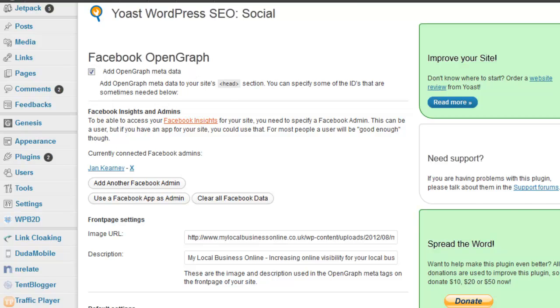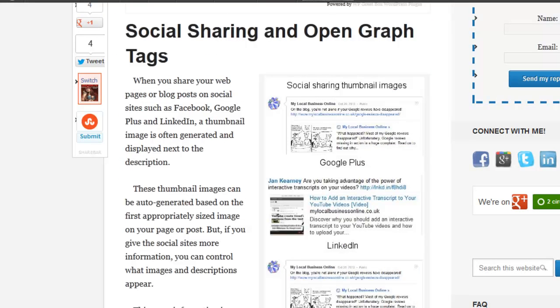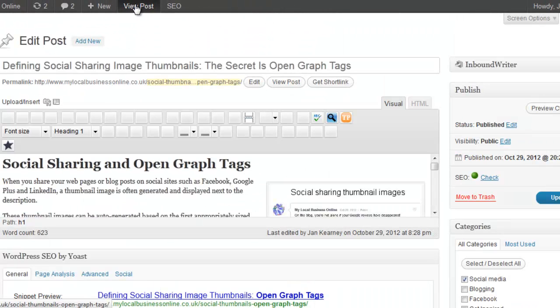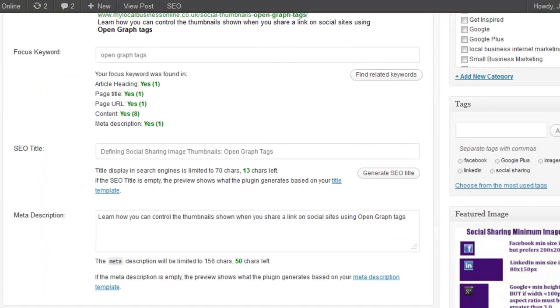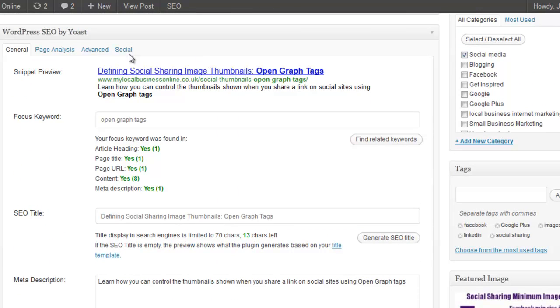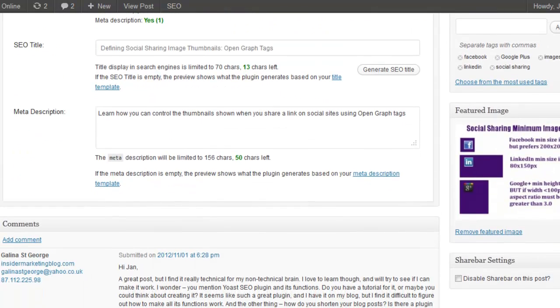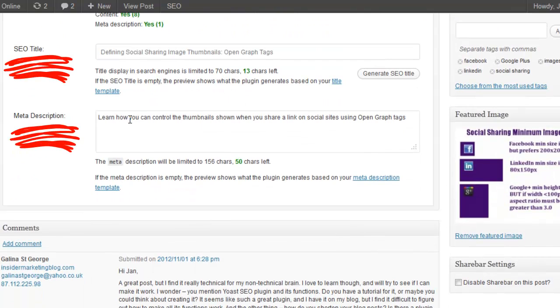Now, if I pop back over to this blog post and edit the post, now what you will see is the Yoast plugin under here, and you define your keyword, your title and your meta description. This title and this meta description will be used in your open graph tags unless you say otherwise.